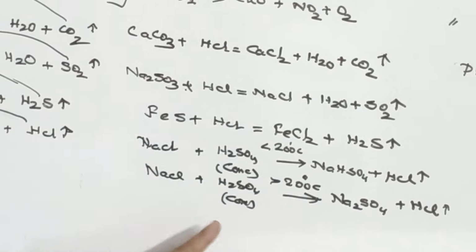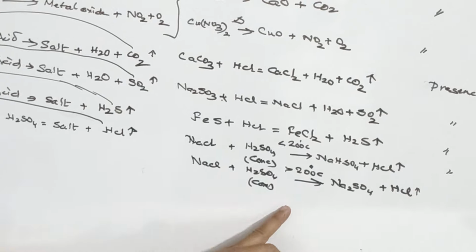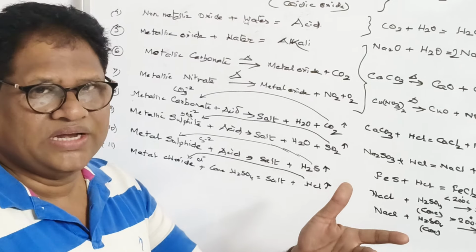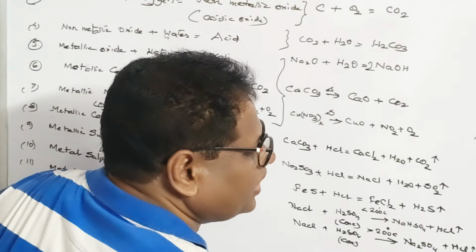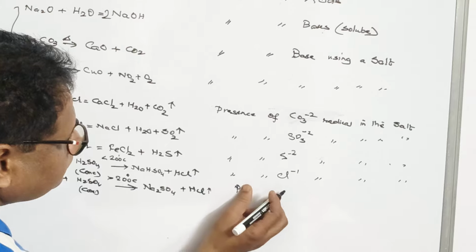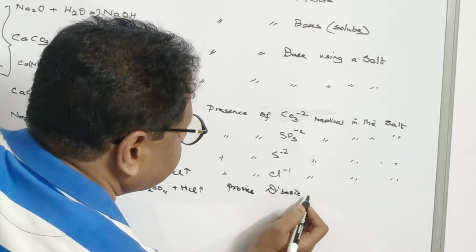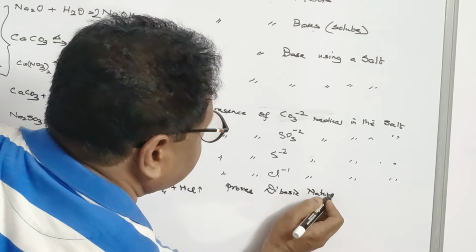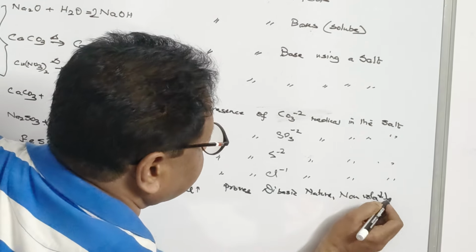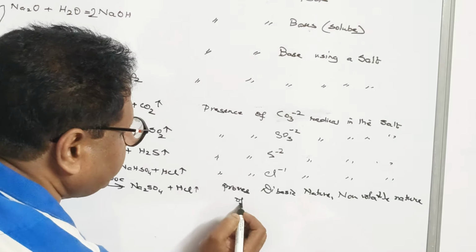Third, this equation also proves the non-volatile nature of sulfuric acid. That means sulfuric acid has a high boiling point, about 338 degrees Celsius. So those acids which have high boiling point are called non-volatile. So this equation also proves the non-volatile nature. Proves dibasic nature, non-volatile nature, of H2SO4,